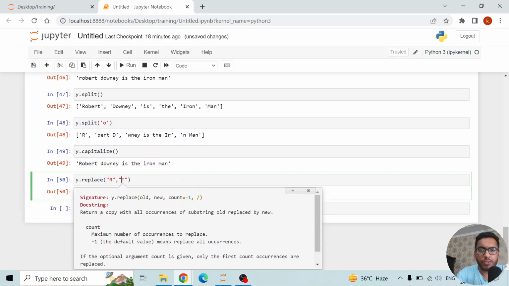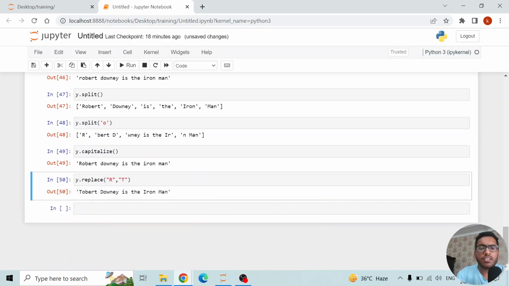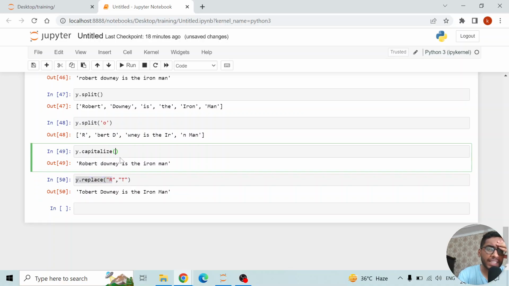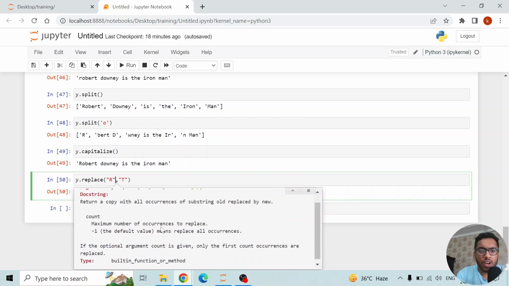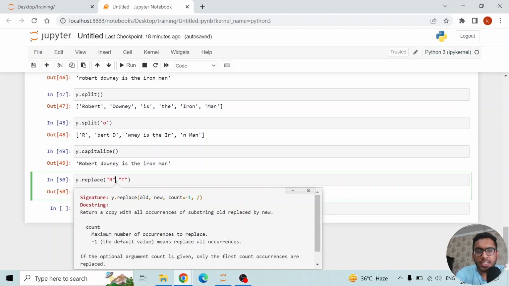Now one more thing I want to tell you. Let's say you are not sure what kind of values you have to put in this place over here, in case of any method that you are working on. Just go in between the brackets, similarly over here, and press shift then tab twice. Shift tab tab, shift tab tab. So now you will be able to see